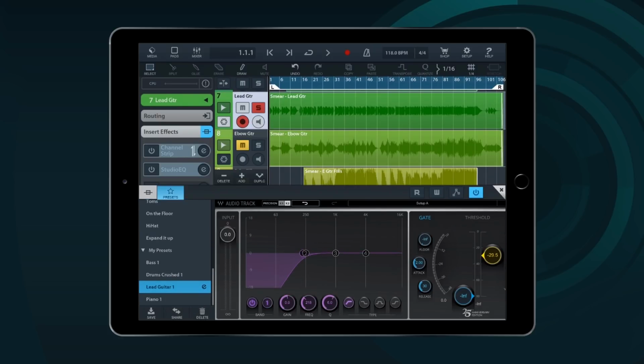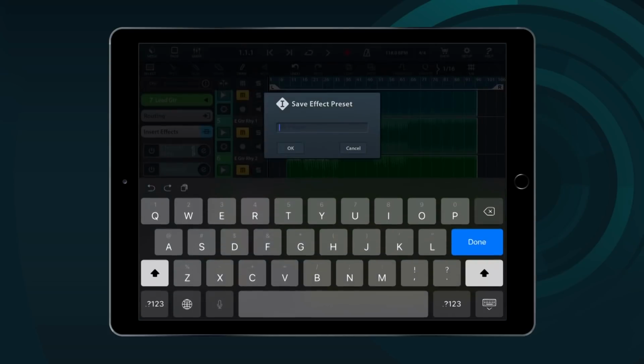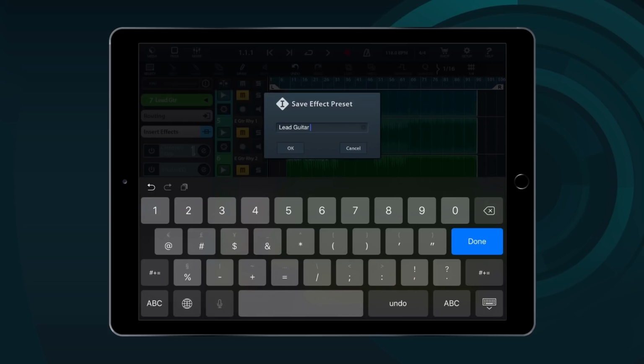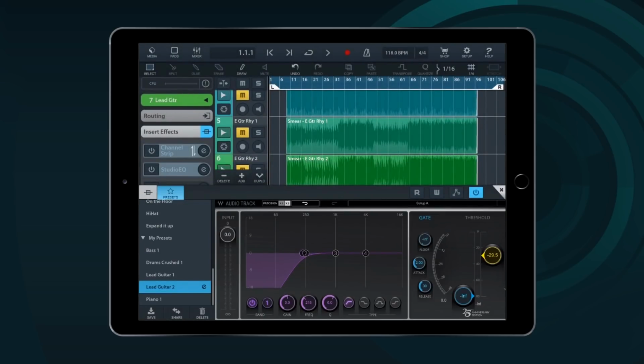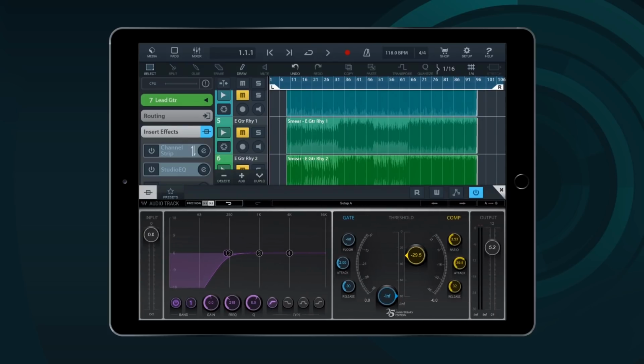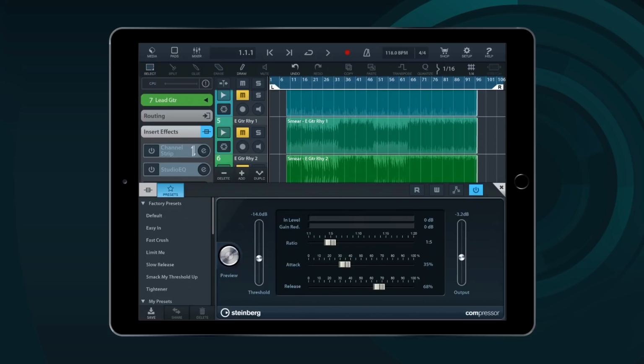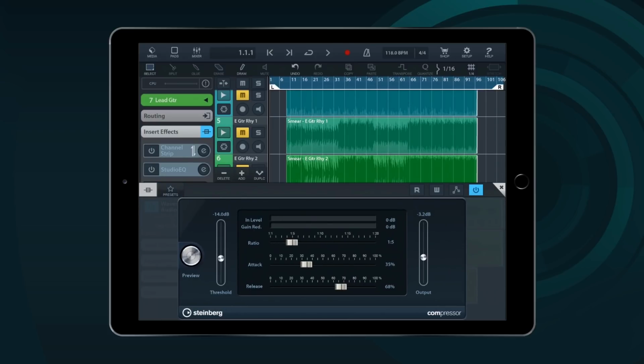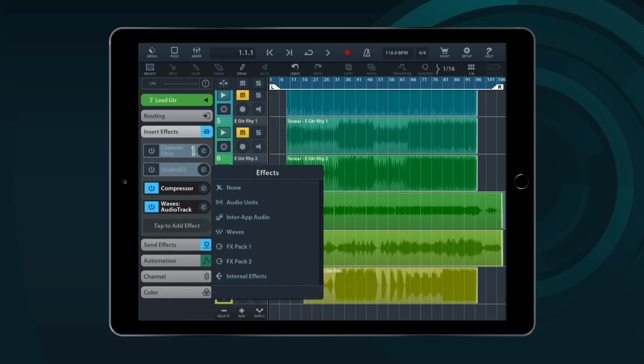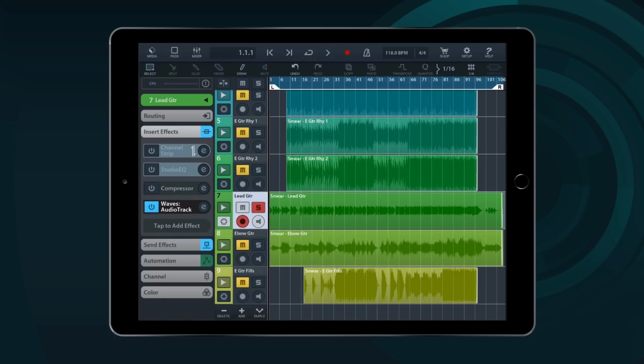You can also save your own presets, and that's also new to Cubasis 2.3. So simply tap on save, give it a name, and then it will be stored and you can recall it in any other project or on any other track. This preset storage system also works for the built-in Cubasis effects. So, for example, the compressor now comes shipped with factory presets. Actually, we included over 200 presets for the built-in effects, and we added 70 for the Effects Pack 1 and 2 effects.